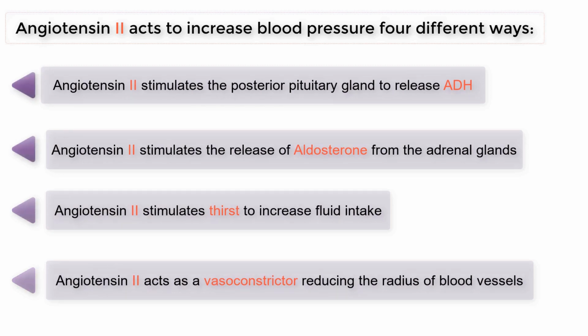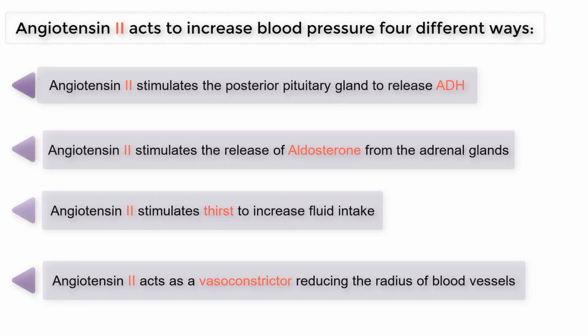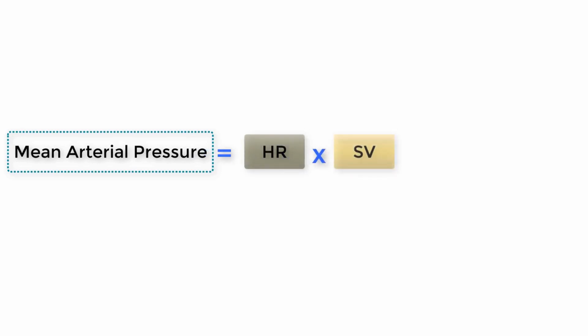3 out of the 4 mechanisms involve increasing plasma volume as a means of increasing blood pressure. One of the mechanisms involves increasing resistance to blood flow, which increases blood pressure. Thus, if we remember the formula for blood pressure, the kidneys are able to increase blood pressure through increases in stroke volume from increasing plasma volume, and the kidneys are able to increase blood pressure by increasing total peripheral resistance